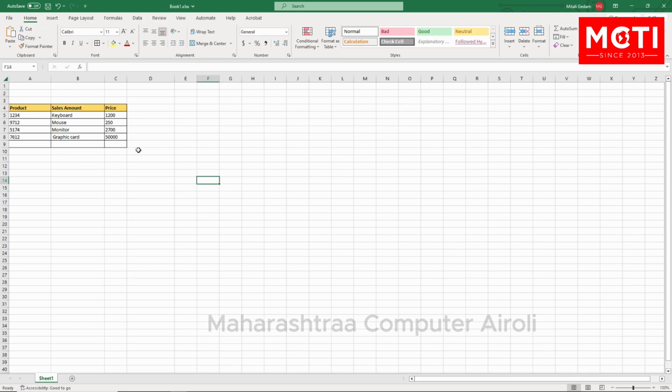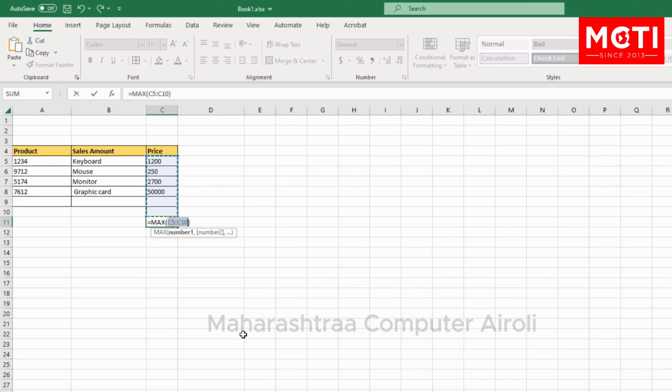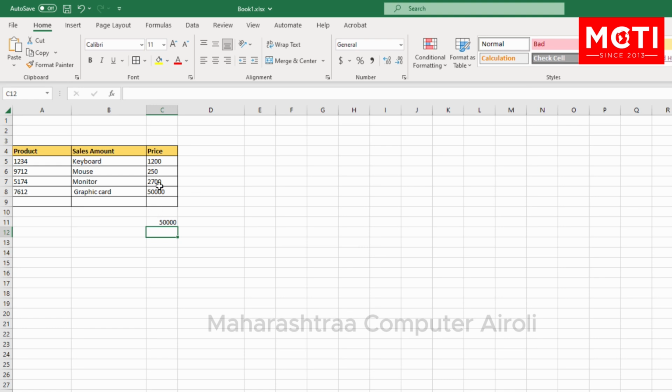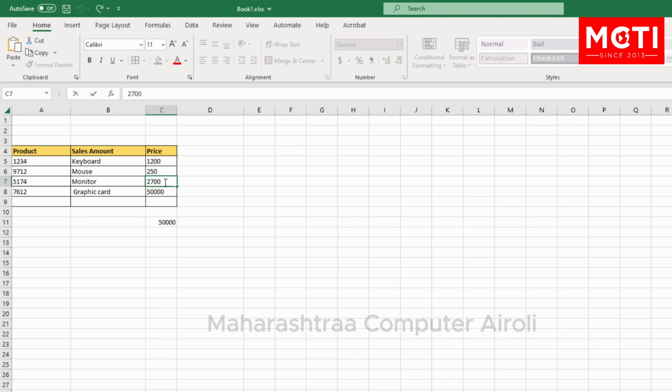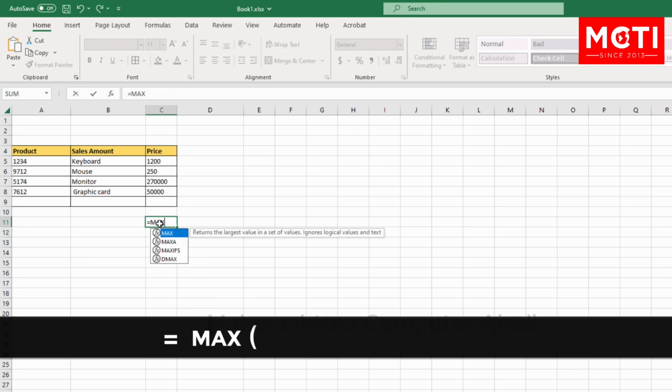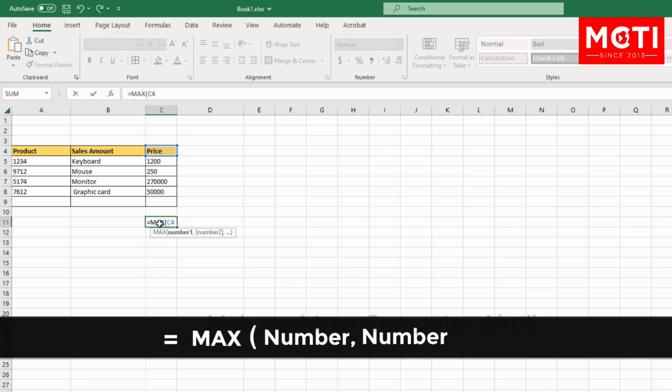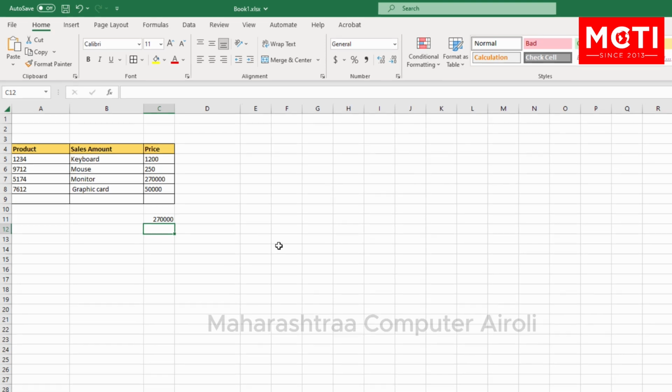Let's say you have this rate card and want to check which amount is higher within these. First you can check it by going into AutoSum, which is in the Home tab. Then select Max. Press Enter. The higher number will appear. If you change any number, it will catch the higher amount, as the formula of maximum is applicable. You can also write the formula: equal to max, open bracket, the range of numbers from which to which it should find the higher amount, close the bracket, hit enter. And it's done.